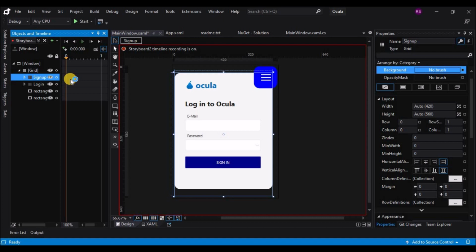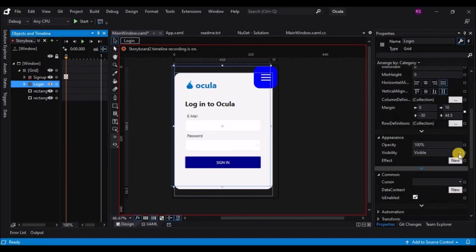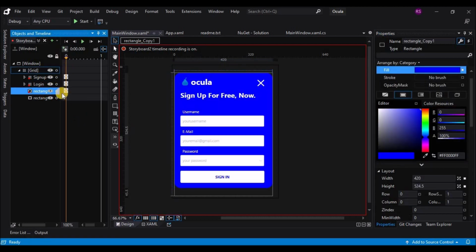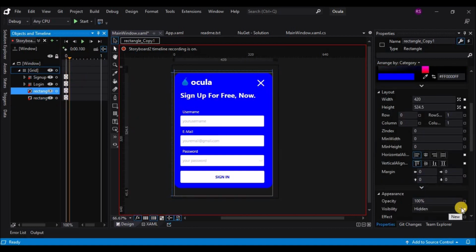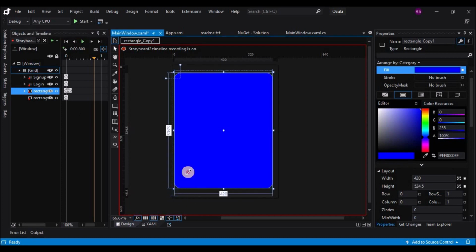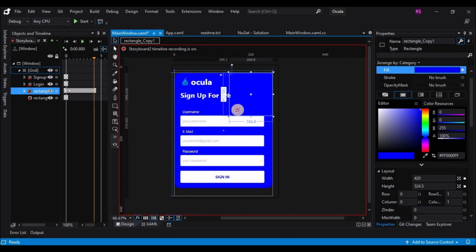So for that, you will have to add an empty keyframe for the sign up, and login. In the first keyframe we will be changing the visibility to hidden, and the other two rectangles will have an empty keyframe. On the second keyframe, we are going to change the size of the rectangle back to the small badge size,